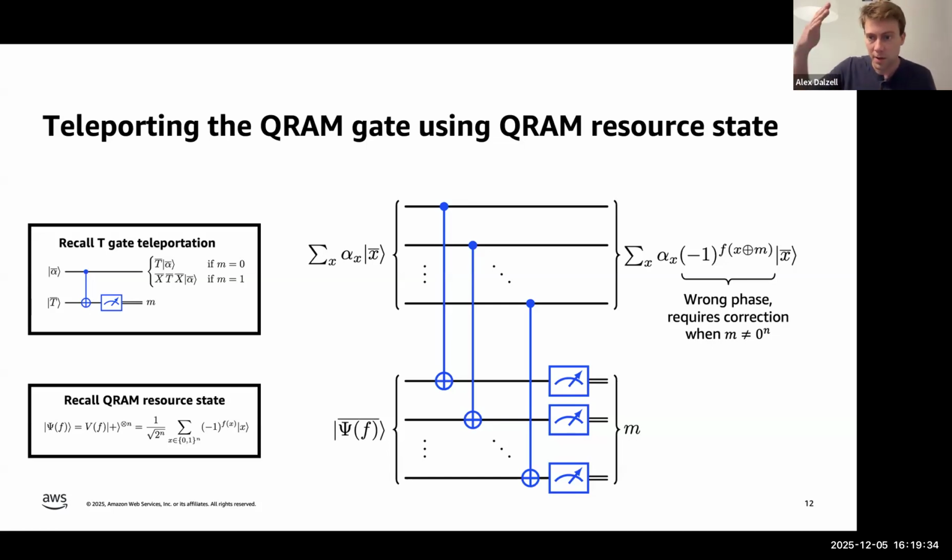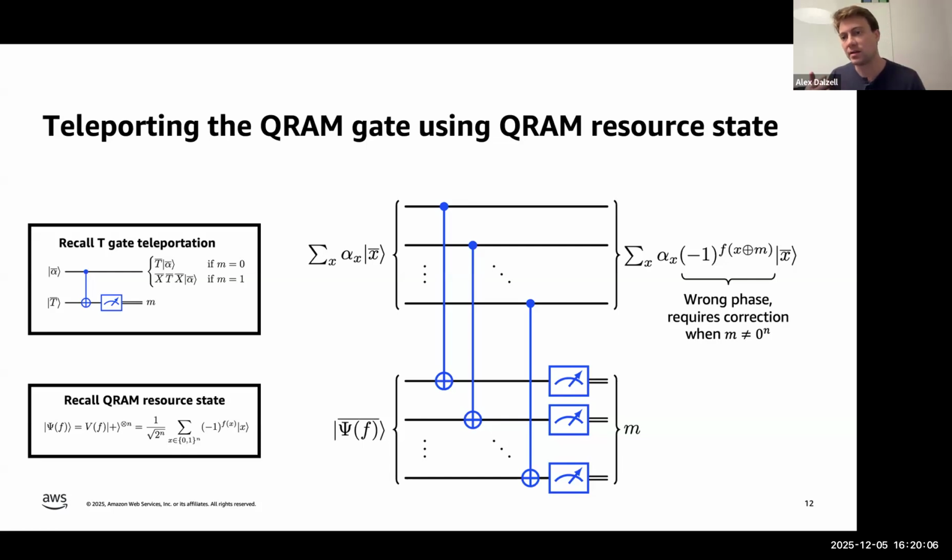We apply this unitary by performing CNOT gates from the arbitrary state into this resource state and measuring the resource state in the computational basis, receiving measurement outcome m, which is uniformly random over all 2 to the n possible outcomes. If we were lucky and we got the all zero outcome, which occurs only 1 over 2 to the n of the time, then we will have applied the correct operation onto the first register and we can go home, right? We've applied the logical QRAM operation.